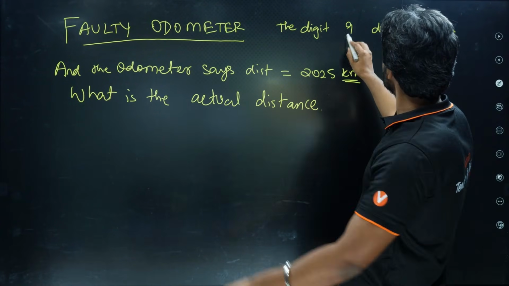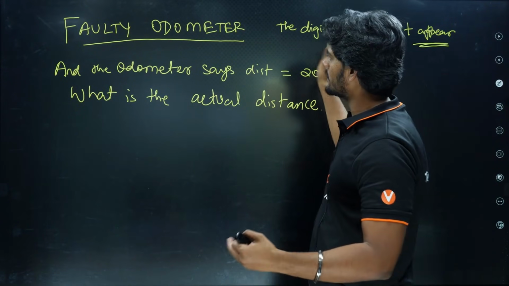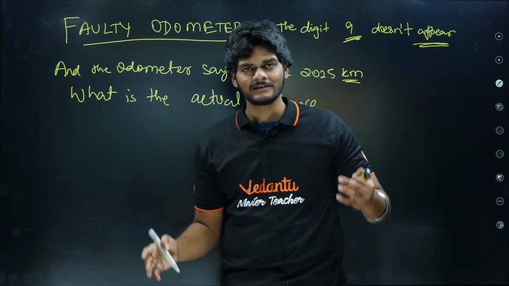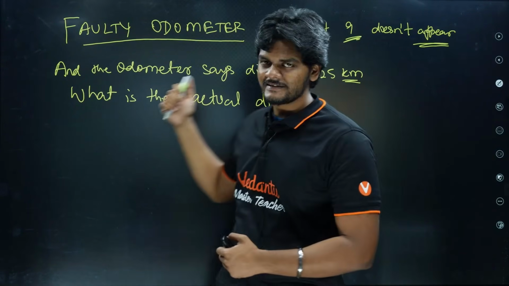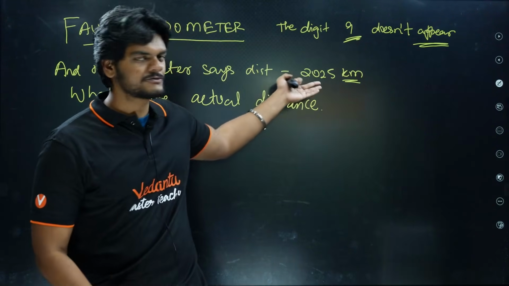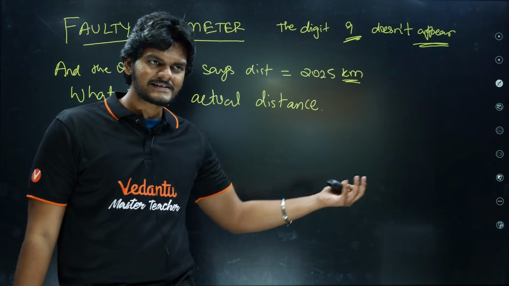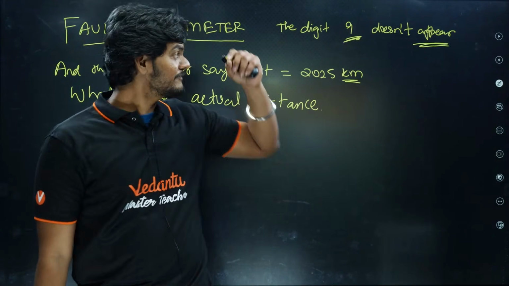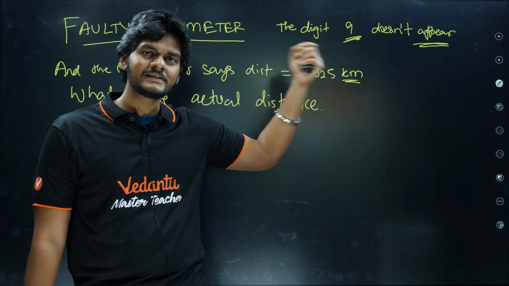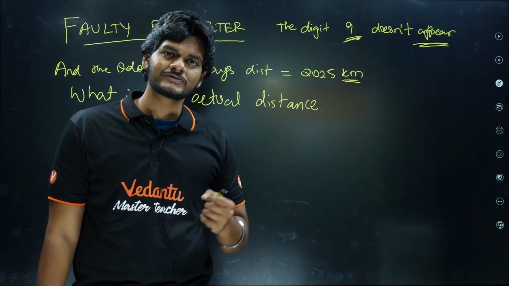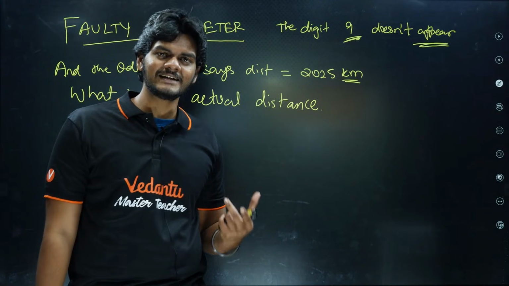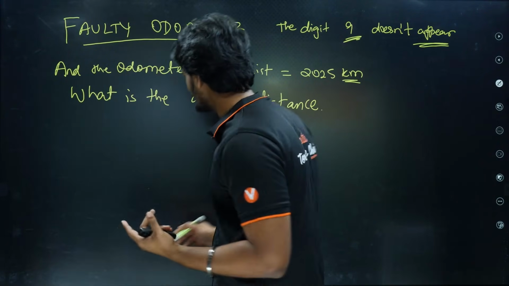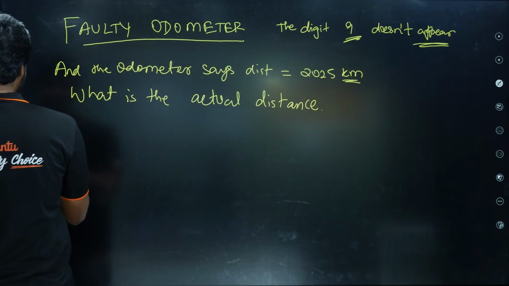So what does this mean? The digit 9 is not appearing in the faulty odometer, and we want to find what is the actual distance when it displays 25 kilometers. That's actually very simple. If the digit 9 does not appear, then what is the number of characters being used? 0, 1, 2 till 8, which is 9 characters. So we just have to convert. Solution is,